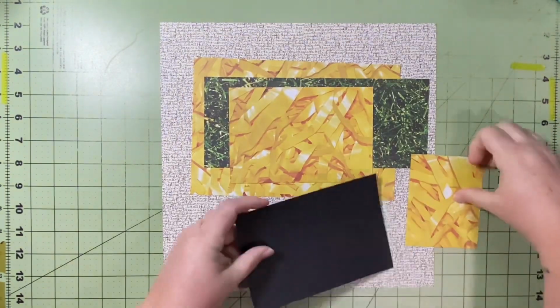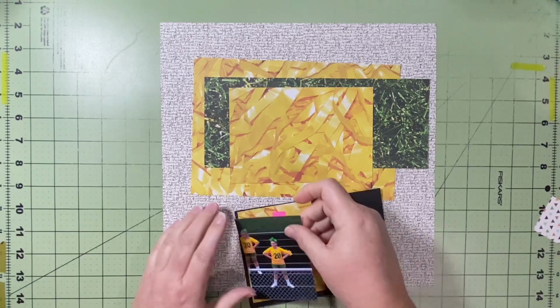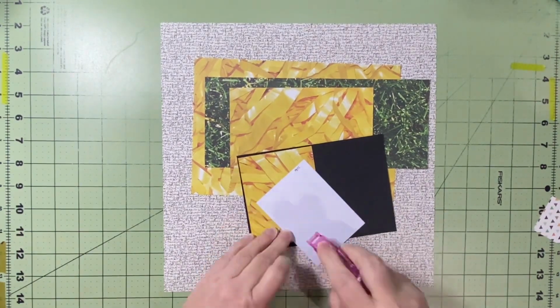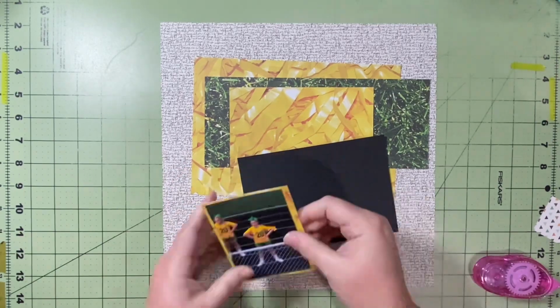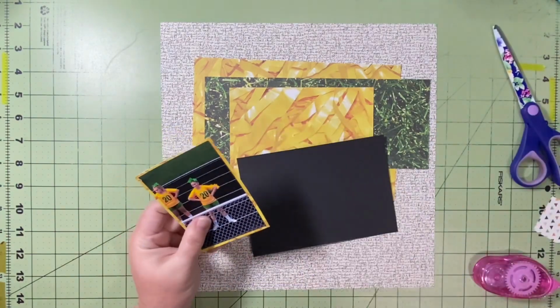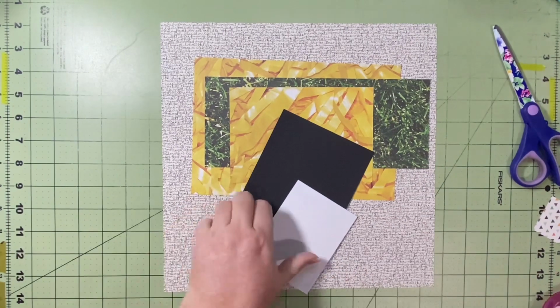So I cut all my papers down, and I decided to use that pom-pom paper to mat my pictures as well as that background, because they're not going to be touching, or at least not to where you can see them. So I mat the smaller one on the pom-pom yellow paper, trim it up a little bit, and then I do a double mat on black so that it will stand out on that font paper from Project